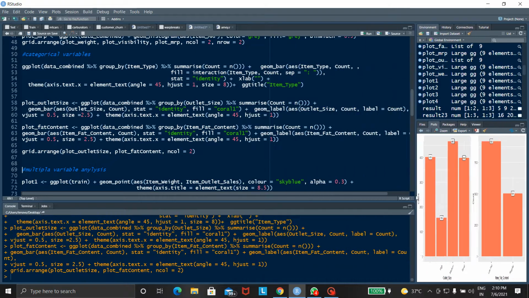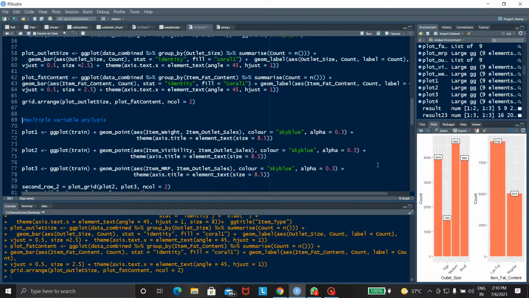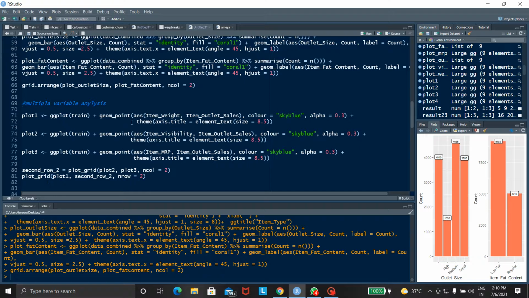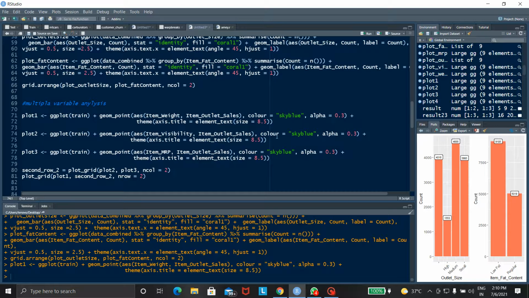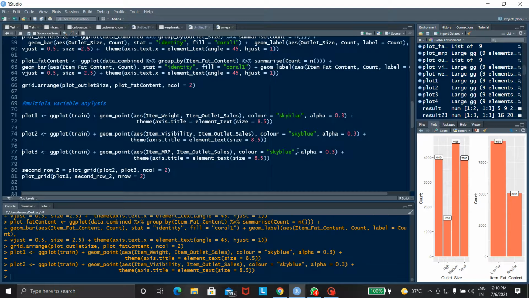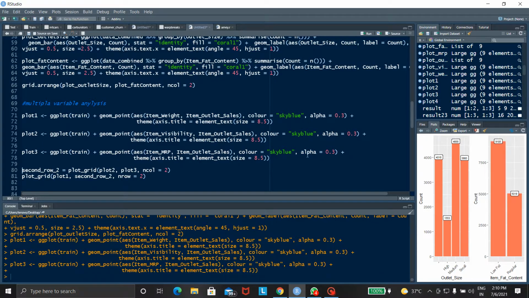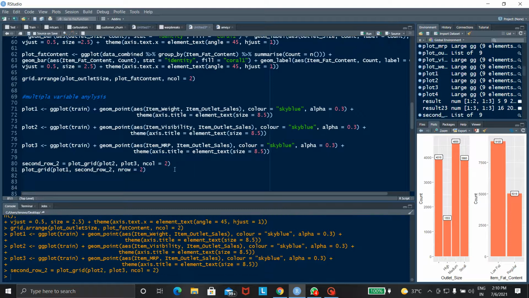Then the next stage is multiple variable analysis. In this analysis we can analyze multiple variables. Here is the program of multiple variable analysis. Then run this program. Then second, run this program. It is mandatory to run a single code at a time, otherwise the code does not run properly and output is not given.